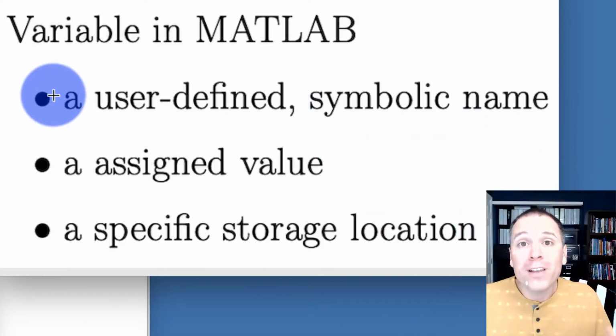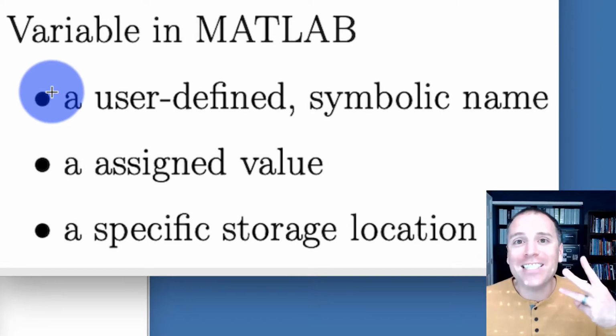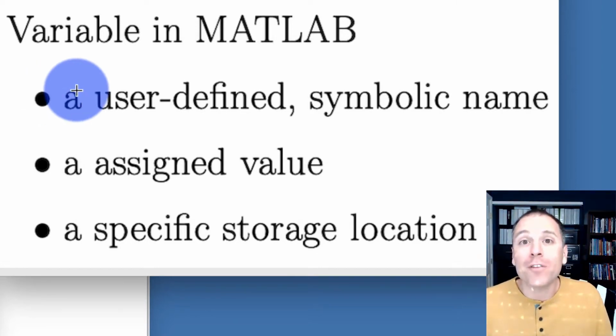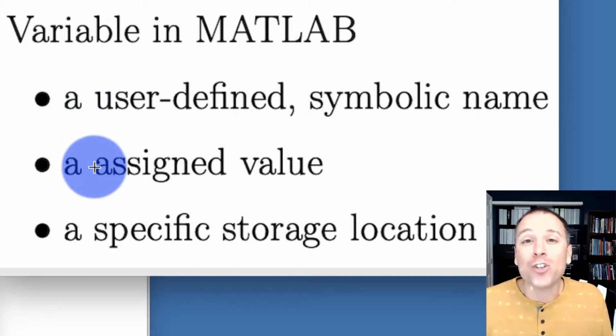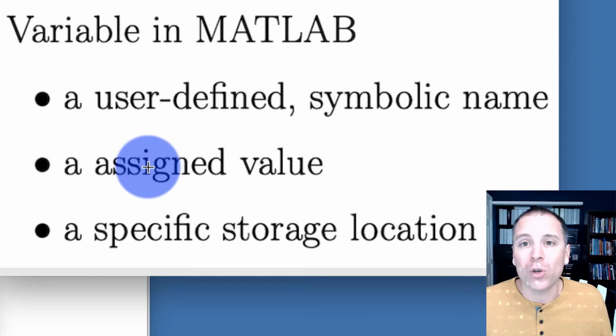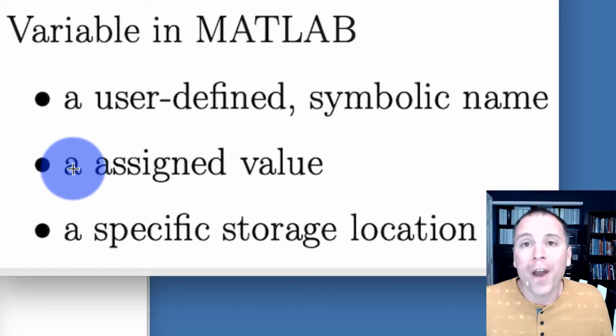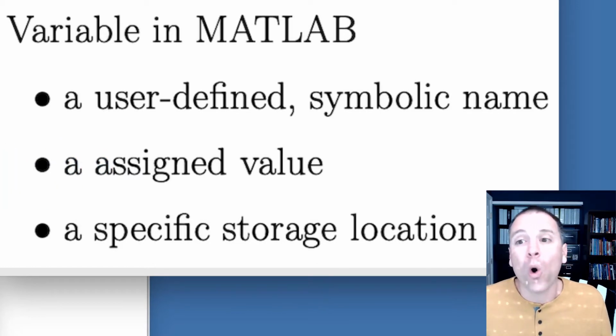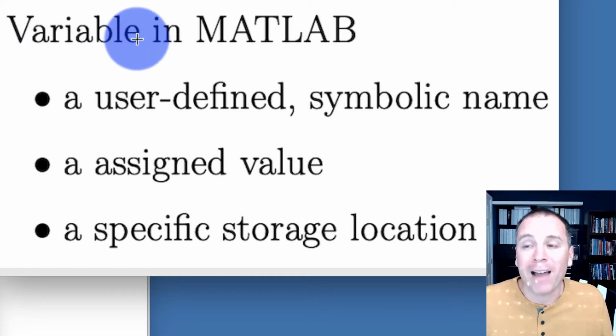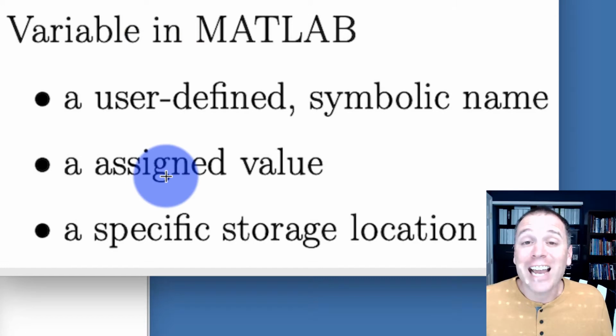We remember from a previous video that variables in MATLAB we think about as having actually 3 different characteristics. The first of those is called a user-defined symbolic name. We've seen rules for defining variable names, and we've also seen some best practices on how to do that. The second feature of each variable is called an assigned value. We have just learned in this entry that a logical variable can have one of two values, either true or false. So this little bullet point right here says that when we're defining variables in MATLAB using the logical data class, the assigned value can be one of two things, either true or false.